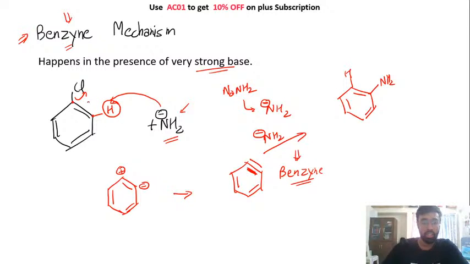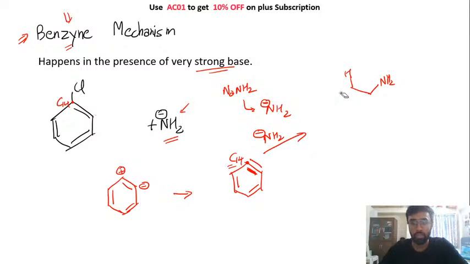Now the thing is that scientists tried to do this experiment with different things. So look here, let's say one of the carbons that we have, let's say this carbon which is bonded to chlorine, is a carbon 14. Okay, so we are starting with a carbon 14. So what will happen here is that after this benzyne has formed, this was the carbon which was carbon 14, right? So now the thing is